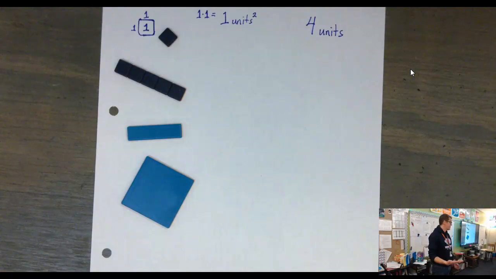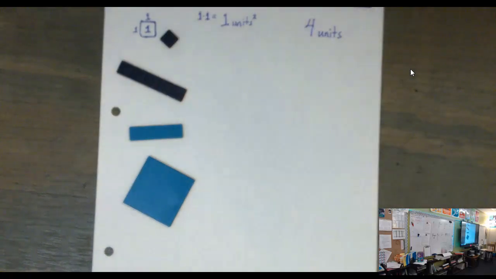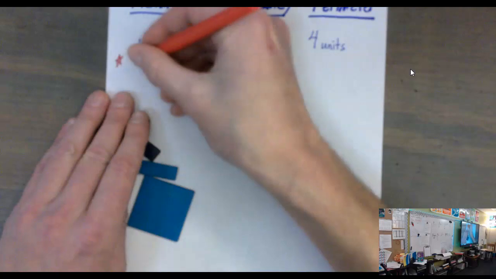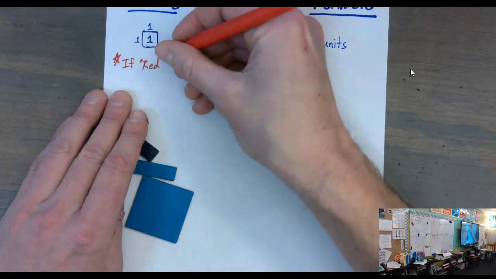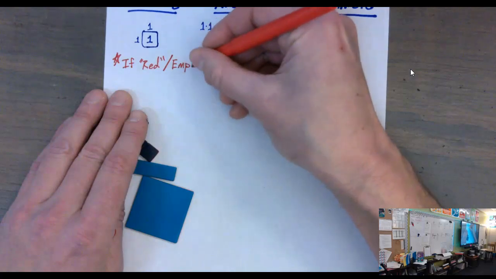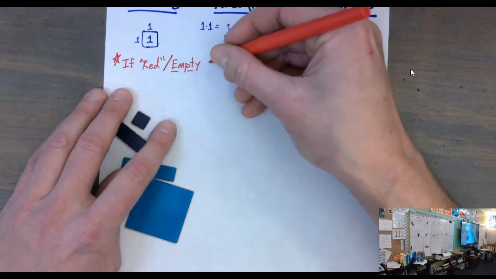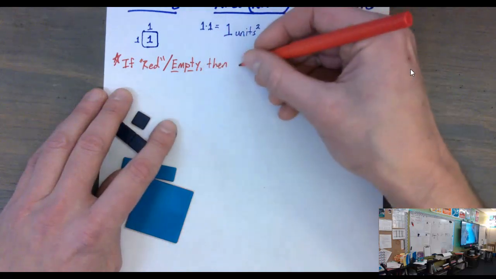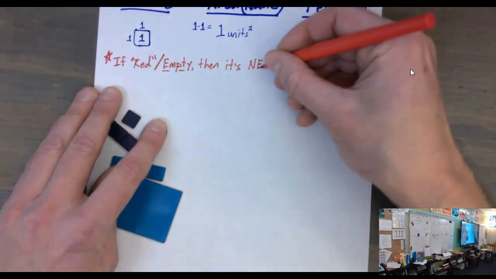The back of it is red. What do you think the red side represents? Negative. We're not going to talk negatives today, but if you want to make a little note on your paper, if it's red or empty, guys, you want to write this down, trust me. Then it's negative. If it's red or empty,